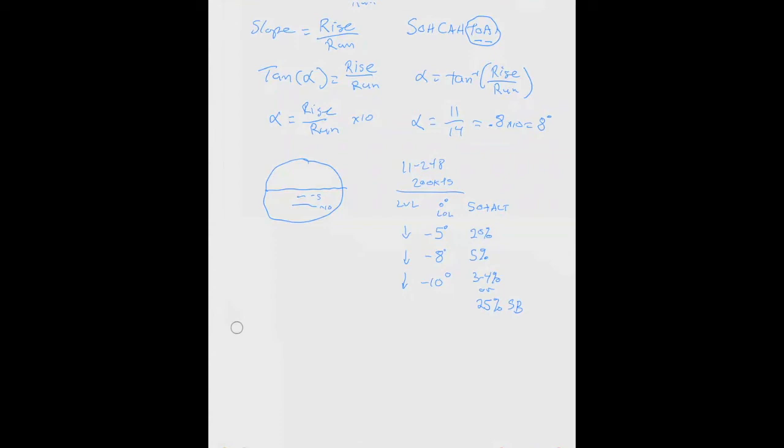So I want to find 11/14 of that. Pretty simple thing to do. I'm going to take the run, or the 14, and I'm going to put that 14 on my 10 degree nose low line. Now, proportionately speaking, where would 11 be? Well, if 10 degrees is 14, 5 degrees would be 7, so 11 would be approximately right there on my